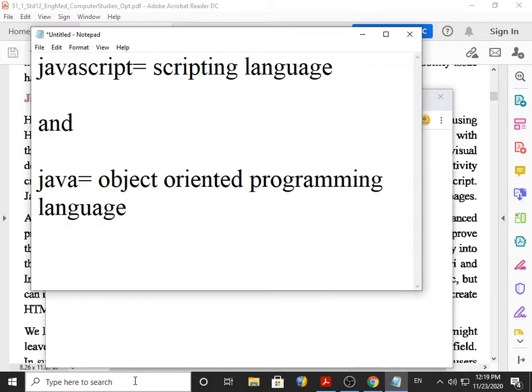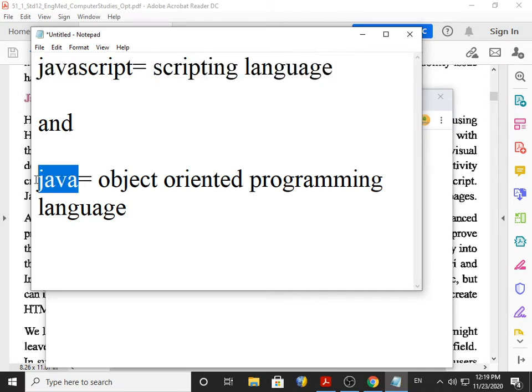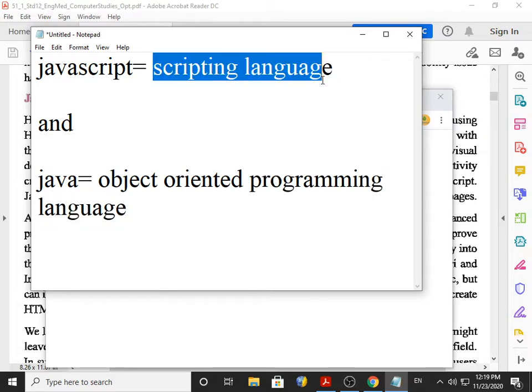Clear? Both are highly different. This is very vast, and this is very narrow as far as websites are concerned. Since the names sound similar, people understand both are the same. Some say that Java is an advanced version of JavaScript. Totally stupidity. Both are different. This is a scripting language and this is a programming language. So first we will talk about scripting language.